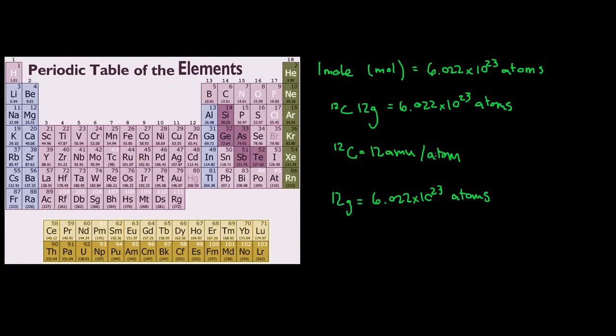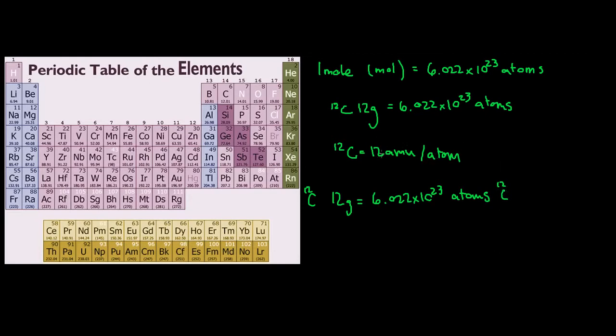And we know that 1 atom, and this is all carbon-12 by the way, I should mention this, carbon-12, carbon-12. Since 12 grams of carbon-12 is equal to 6.022 times 10 to the 23rd atoms of carbon-12, and 1 atom